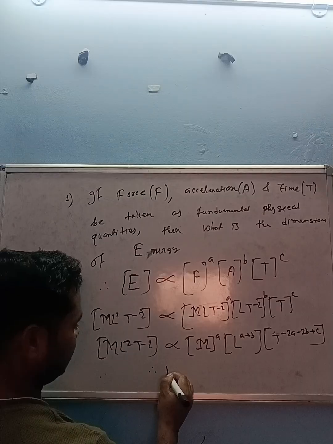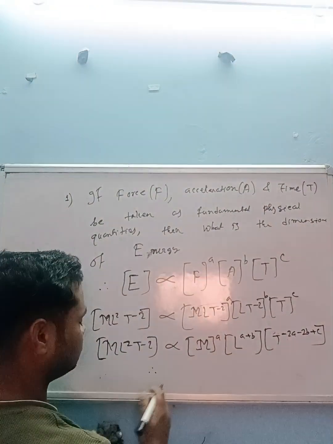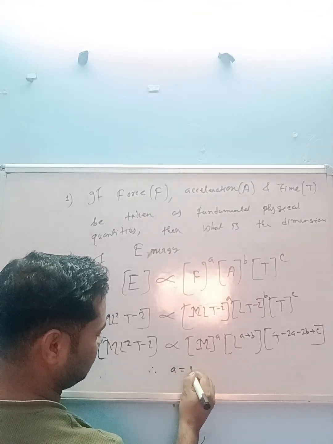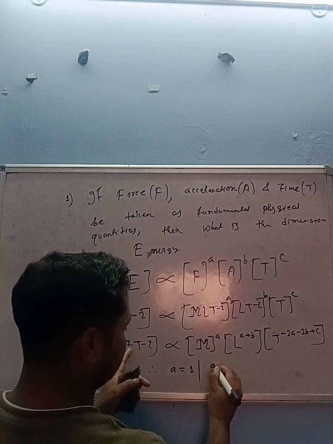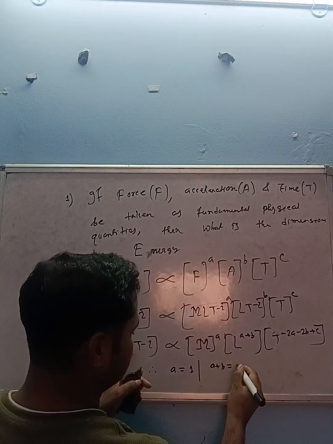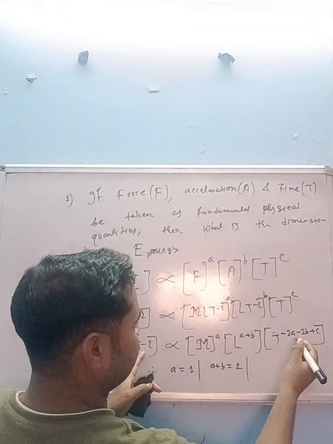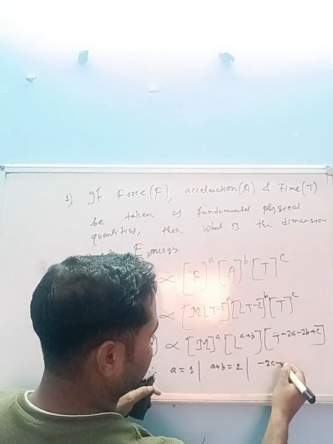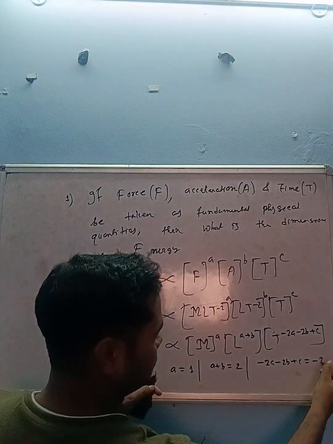So therefore m to the power a का कितना वैल्यू है 1, तो a इक्वल्स टू 1, a प्लस b कितना है, a प्लस b इक्वल्स टू 2, एंड t का पावर कितना है -2a -2b प्लस c इक्वल्स टू -2. ओके,